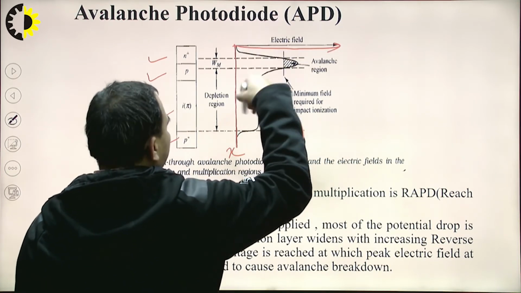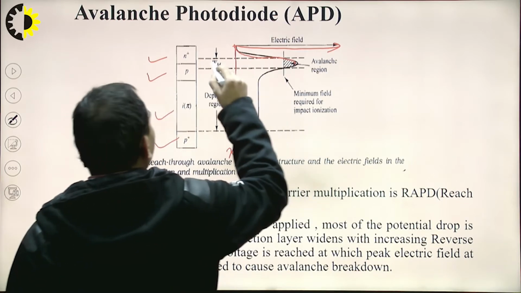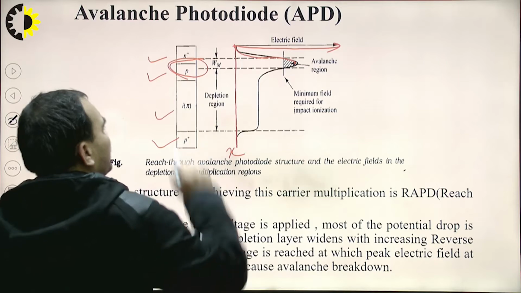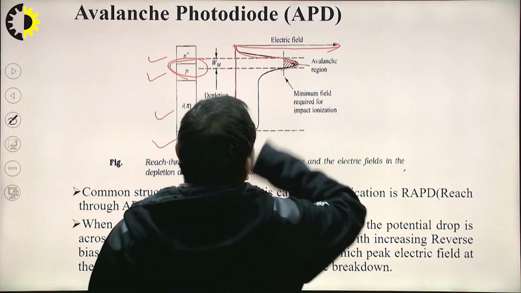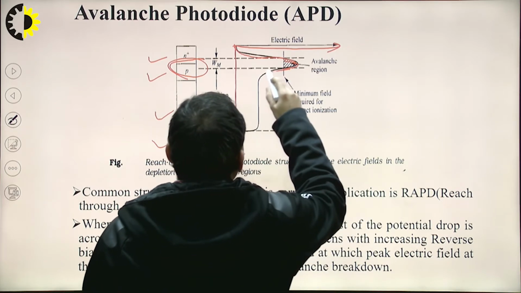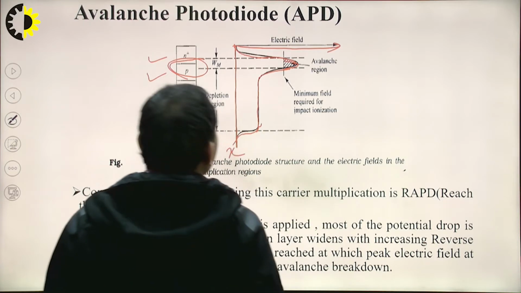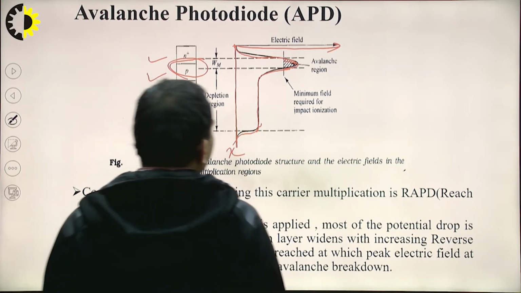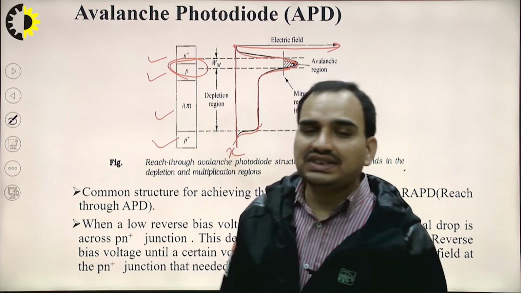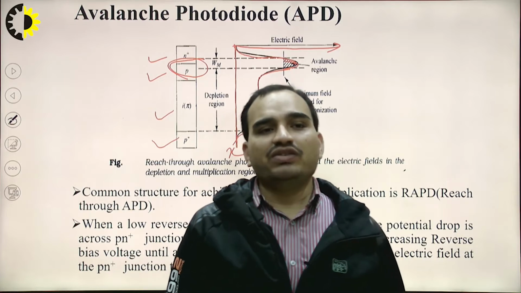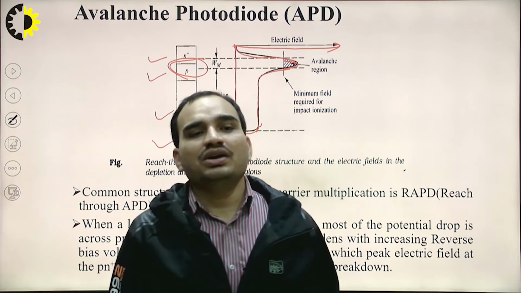So as the distance increases, the electric field increases. Now the electric field is maximum here in the junction. So here this is the avalanche region. Then again the electric field decreases and comes to its constant value. Then it goes to 0. So this is the minimum field required for the impact ionization or for the avalanche region. So this is the figure of the reach-through avalanche photodiode structure and the electric field in the depletion and the multiplication